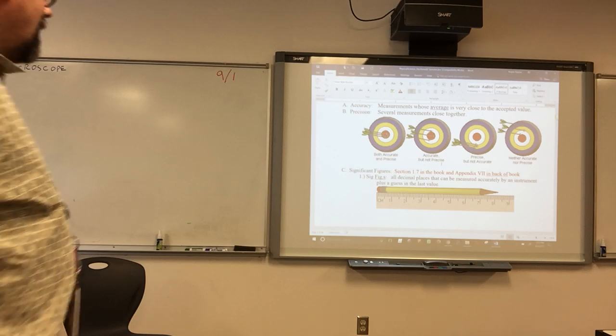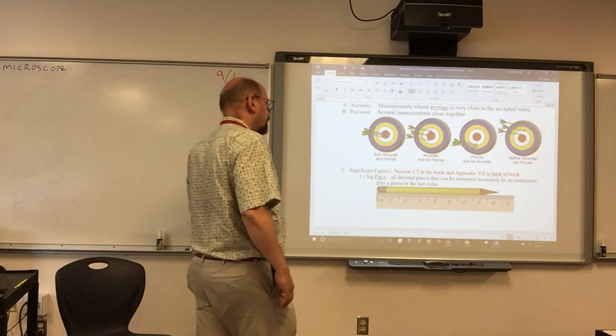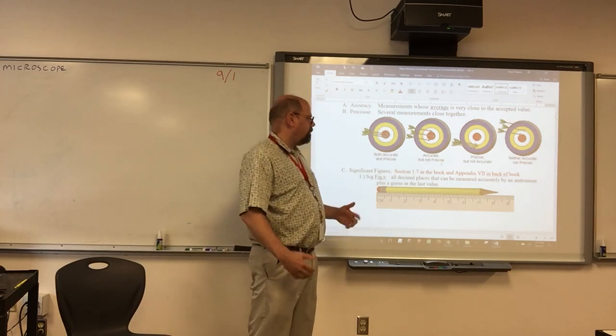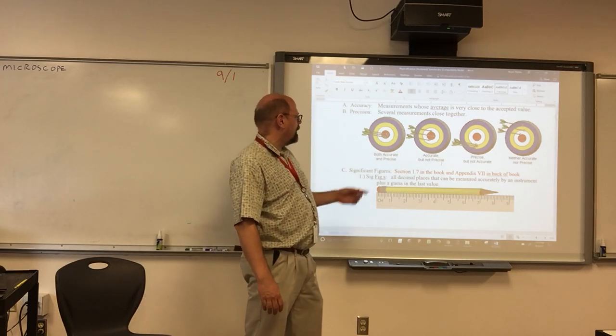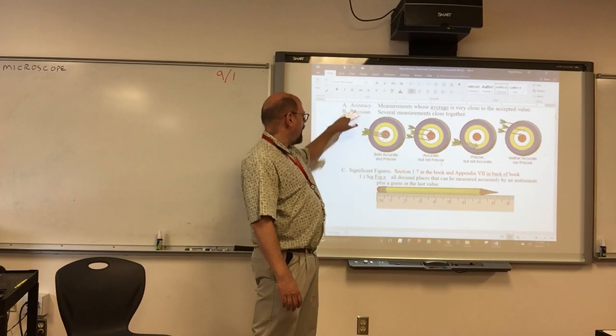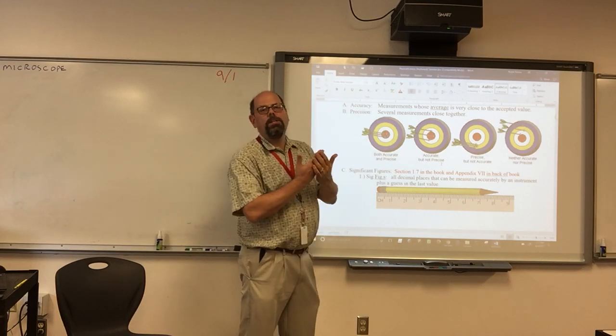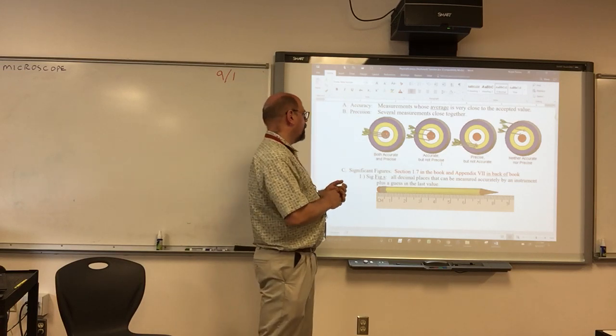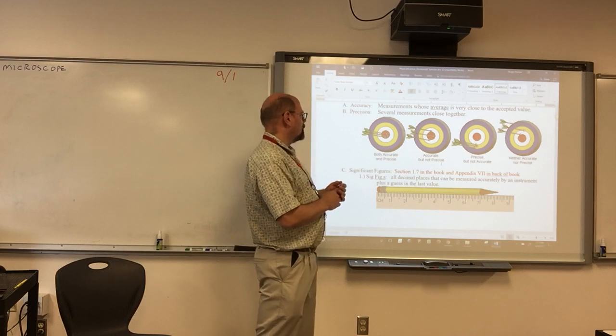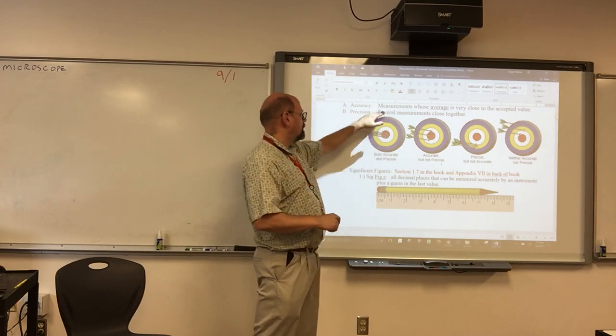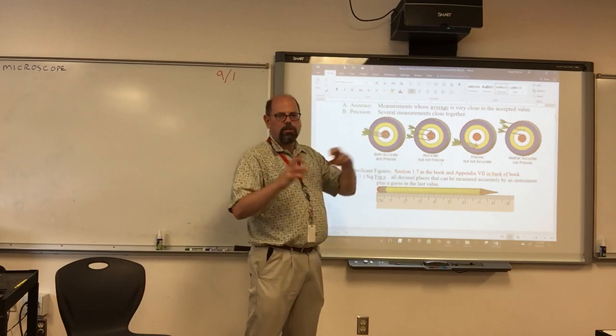So the first topic, about how numbers are a little different in science than in math that you may have used before, is this idea of accuracy. Accuracy and precision are two words sometimes we use to describe how careful we were when we measured something. Accuracy actually has a scientific description, though, that is saying any set of measurements whose average is close to what